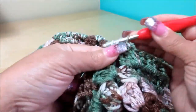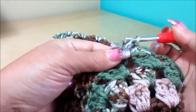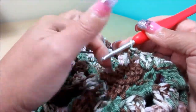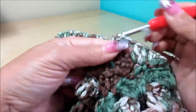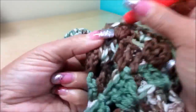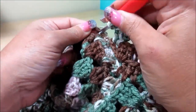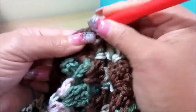your 3, double crochet, chain 1, go to the center, chain 1, go to the space here, do your 3, chain 1. Now you're gonna go around here and do the slip stitch. You see? Now you're gonna slip 1, 2, and 3, chain 1, turn your work around,